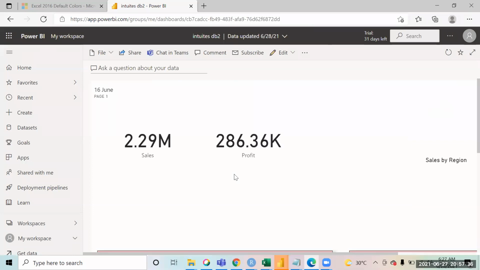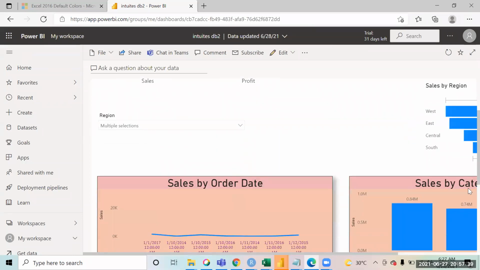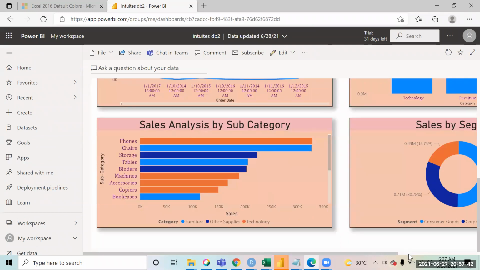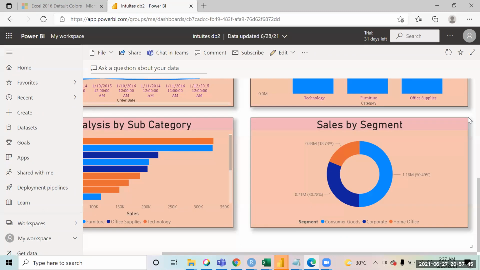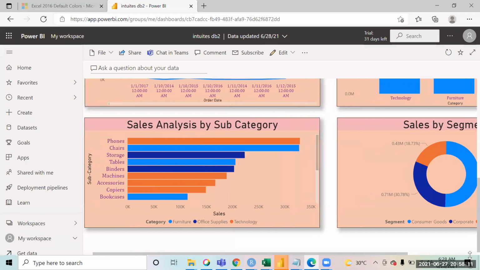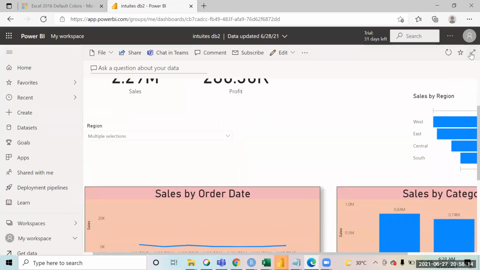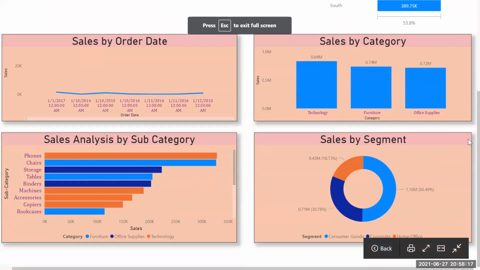So the way we were doing dashboards in Tableau, there we had a dashboard as one page, which had all the reports. So here, is a dashboard multiple pages or is it one page? Totally depends. If you keep multiple charts, it can have multiple pages also. And if you keep only a couple of charts, it can be one page also. But even if it is multiple pages, it will still be one dashboard. You can keep on adding a page. Like right now, I've added these charts. If I show you in the full screen, this is what I've added right now.